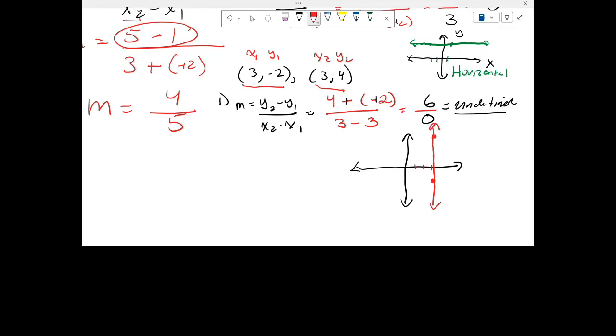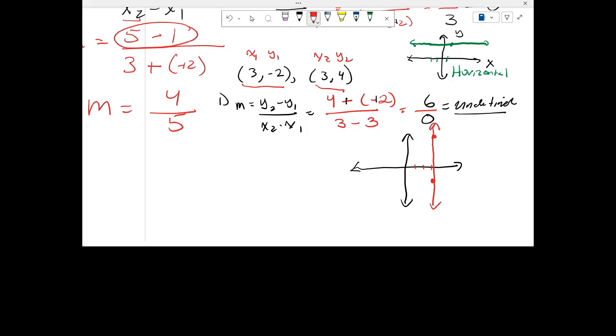Okay, there's my line. Y'all remember what we said as we go from the left to right? If the line goes up, slope is positive. If the line comes down, the slope is negative. Is that line going up? Or is that line going